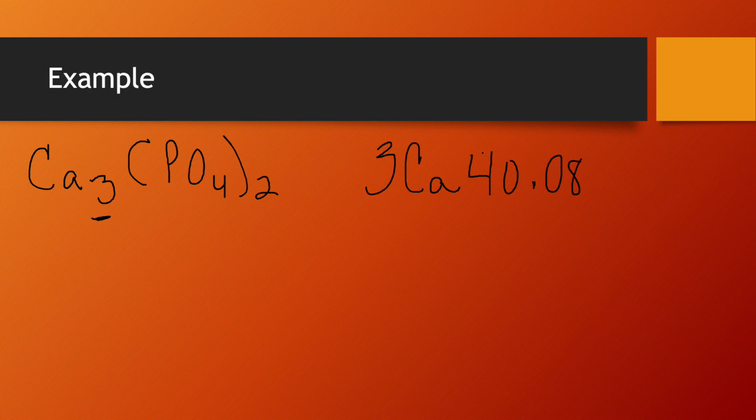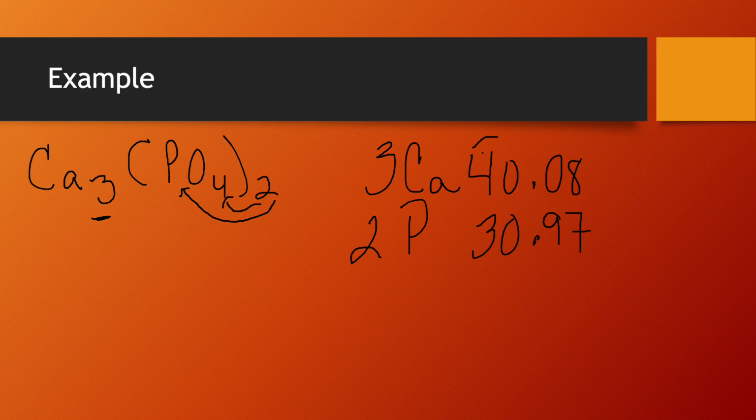For phosphorus, the phosphorus and oxygen are both inside the parentheses, and then I have a subscript outside the parentheses. So I have to distribute this 2 to everything, just like you do in math. There isn't a subscript on the phosphorus, so that just means 2 times 1 is 2. So there's 2 atoms of phosphorus, and that's contributing at 30.97